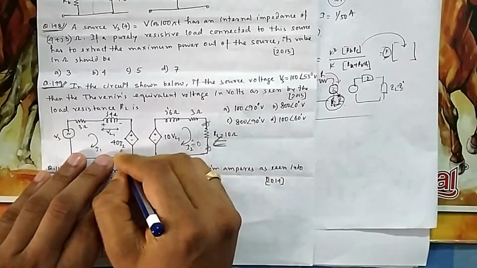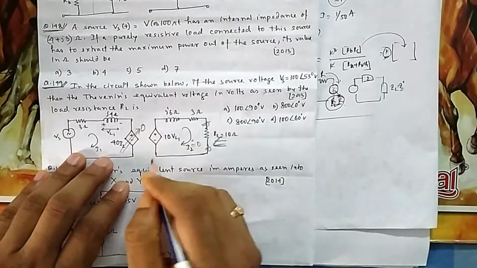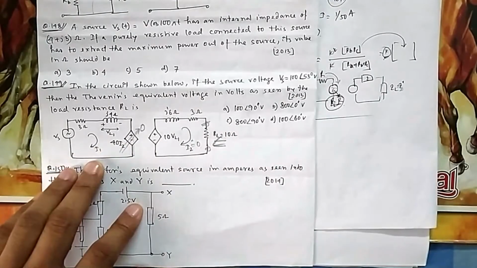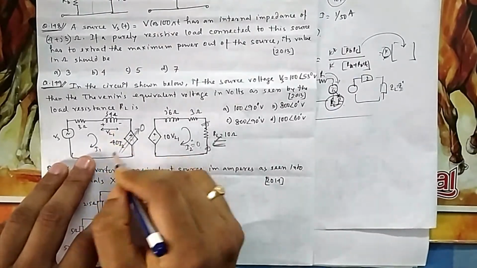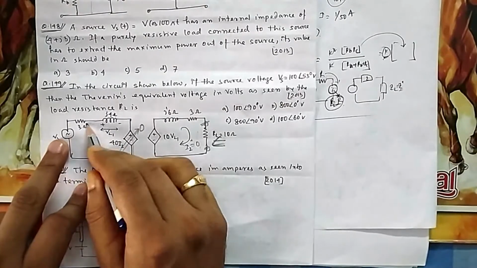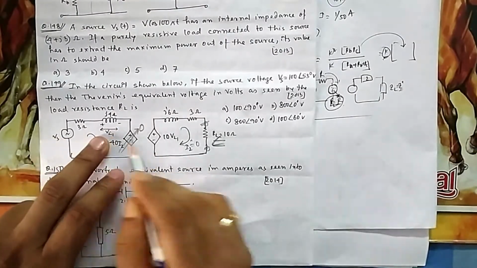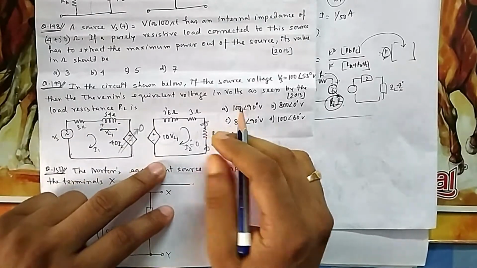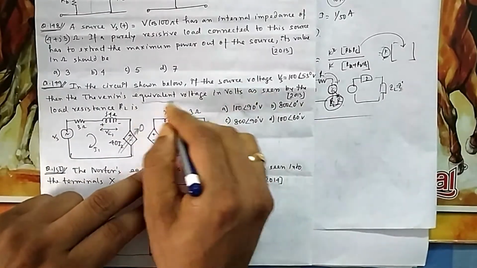Once your I2 is 0, then this goes to 0. That means this is a straight path now. If this is a straight path, then you can easily calculate VL1, because this voltage will divide into two parts, and that voltage is multiplied by 10, which comes here, and you are seeing that much voltage. Thevenin's equivalent voltage is what they are asking.